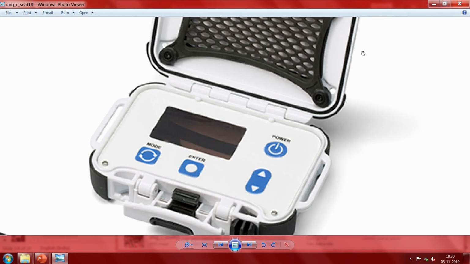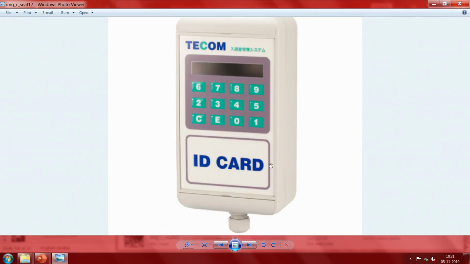This is the reason why I was showing you, now it is in your control. Most important is, you have seen here things like mode, enter, power, up and down and all that. You can make different products for different people, you can position them differently. One thing you will notice is, this is probably an off the shelf item.